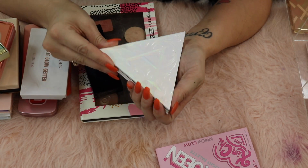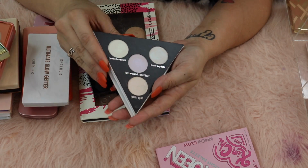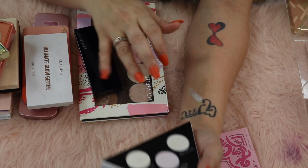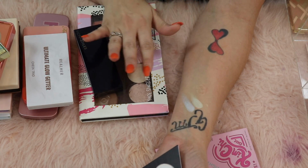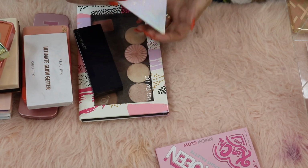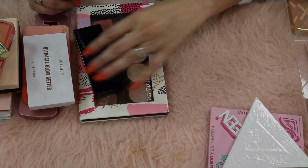The KVD Beauty Holographic palette. This is the Alchemist palette. I just got this in my BoxyCharm haul. Honestly, I'm really excited for it. This has colored highlights, but they're almost toned down. It's very obviously colored highlights, but it is kind of toned down as well. I'm going to put this with the Kimchi Chic palette to come back to,